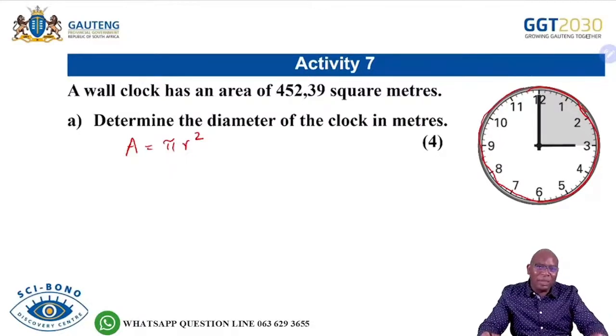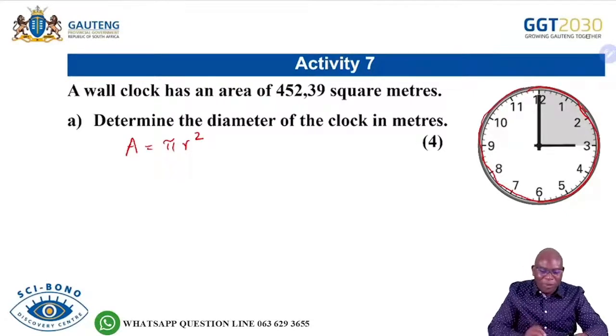What is the relationship between the r and the d, the radius and the diameter? The diameter is twice the radius, and the radius is half of the diameter. So if I know the radius, then I'll know the diameter. So what is my area there? So my area is going to be